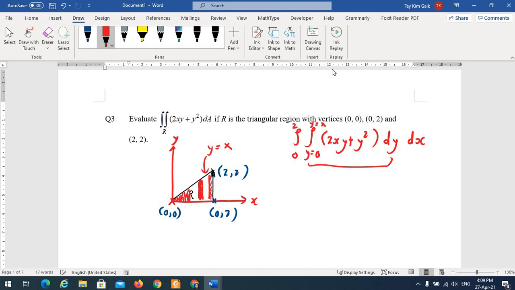You can go back and try using dx dy. If you use dx dy, I put it up here, but you go and evaluate yourself. If you want to use dx dy, the integrand here is the same, 2xy plus y squared, this is dx dy. If you want dx dy, then you will do this. Then you have to find